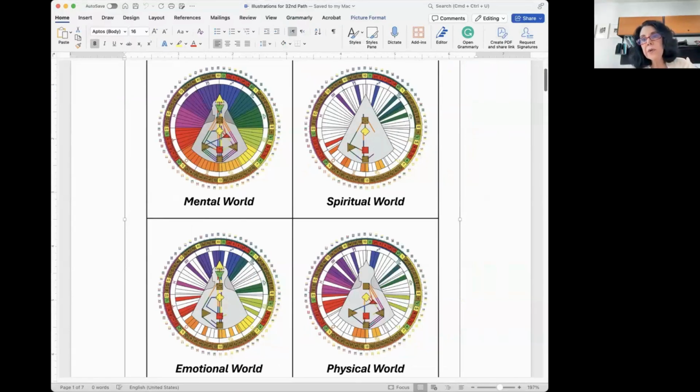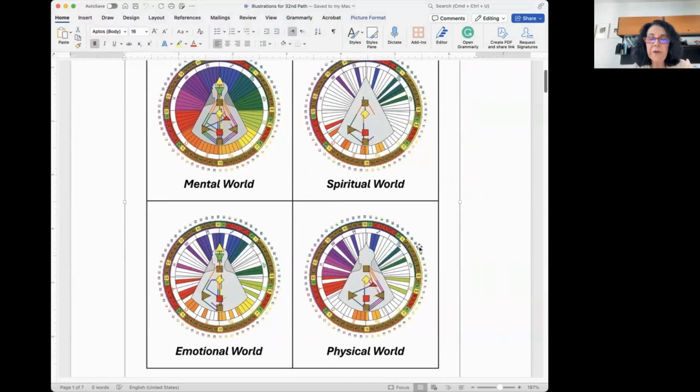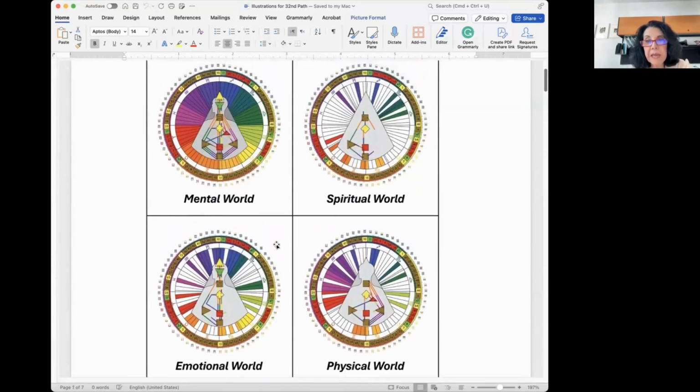Okay, so what I want you to be looking at is, I want you to notice that when you look at that sacral center to the root, you're seeing three formats, like in the 64 gate matrix. But if you look at the tree of life, I was talking about the sacral center to the root, and the tree of life shows that there are four worlds. Now, in the tree of life, when you go up a path, and this week we're going to go up the 31st path to Hod, that's the channel of judgment. But there, in the human design body graph, there are three channels. So when you're looking back at the matrices,